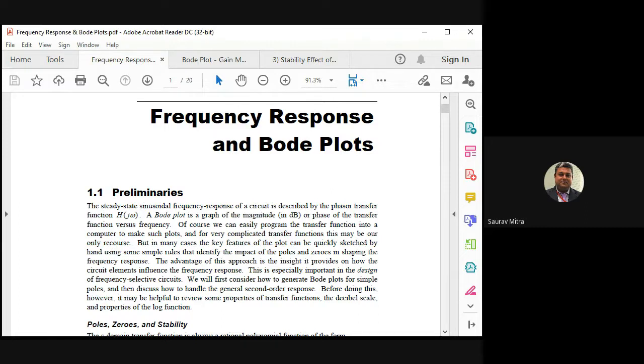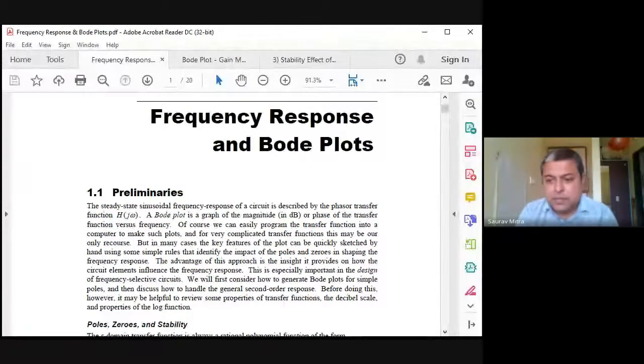So what is the device in the lab? This is a very big question we ask because we check students' understanding. There is a device called a signal generator or function generator. Okay, so you connect the same 2-volt sine wave, but you increase the frequency of that input. Initially, you give a 2-volt peak sine wave at 10 hertz and check how much is the output. Then you give the same 2-volt peak sine wave input, but at 20 hertz. Then give 30 hertz. Then give 100 hertz.